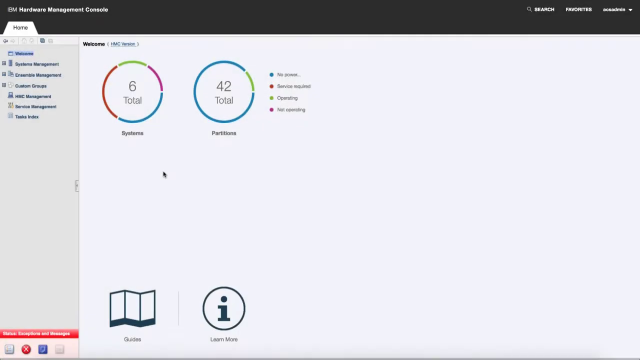Welcome to an introduction to the Hardware Management Console's Tree UI. As of version 2.14, Tree UI is the only interface supported, and its improved user experience will have you up and running in minutes. After logging into the Hardware Management Console, you will be taken to the view you see